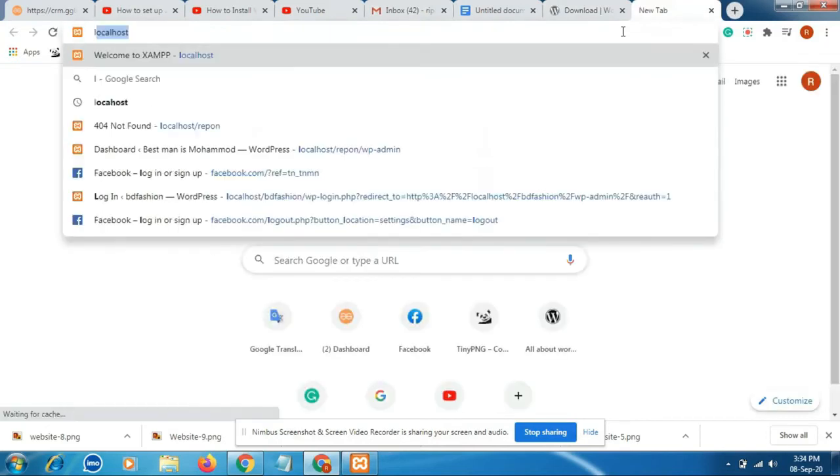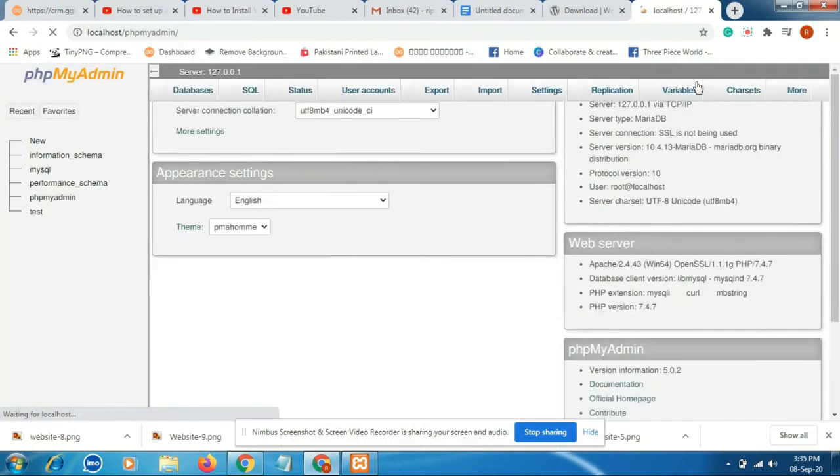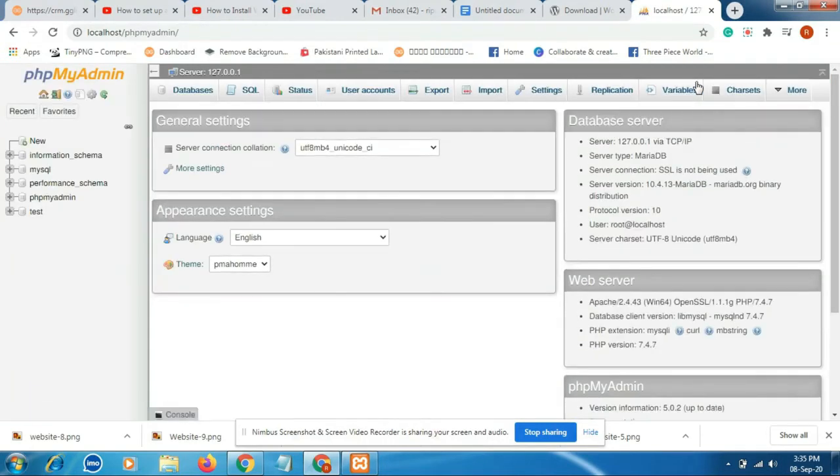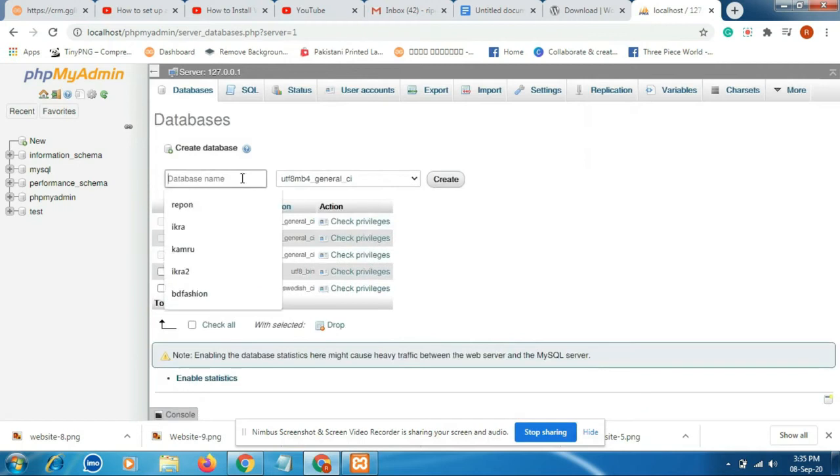Now step number 2, create a database. Go to Google and type localhost and click phpMyAdmin. Click add new.